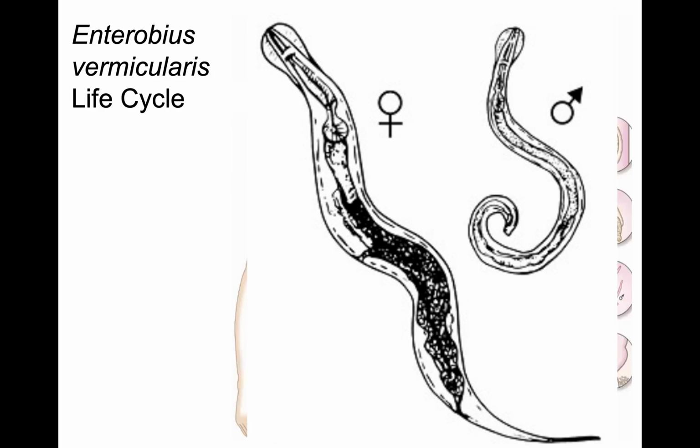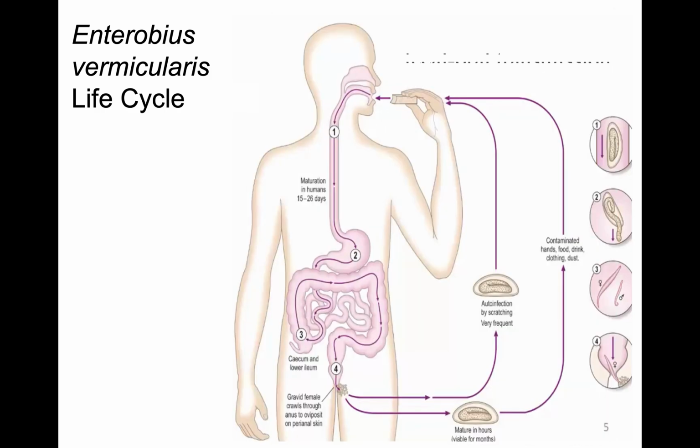You can see the male one is smaller, and the tail is curved to the abdomen. And then the female for sure is larger in size because they need to lay eggs. And later, when the body is filled with the eggs, then they can excrete the eggs. And the transmission is called fecal-oral transmission.